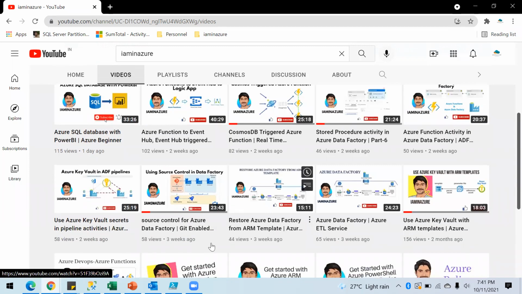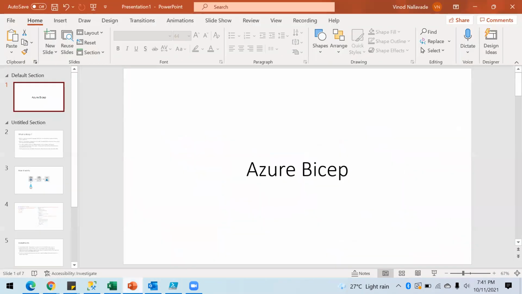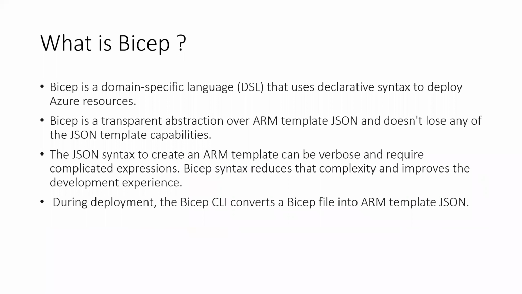So now today's topic is what is Azure Bicep. To start with, Microsoft describes Bicep as a DSL, a domain specific language, that helps you declare things in a declarative syntax instead of a JSON format.